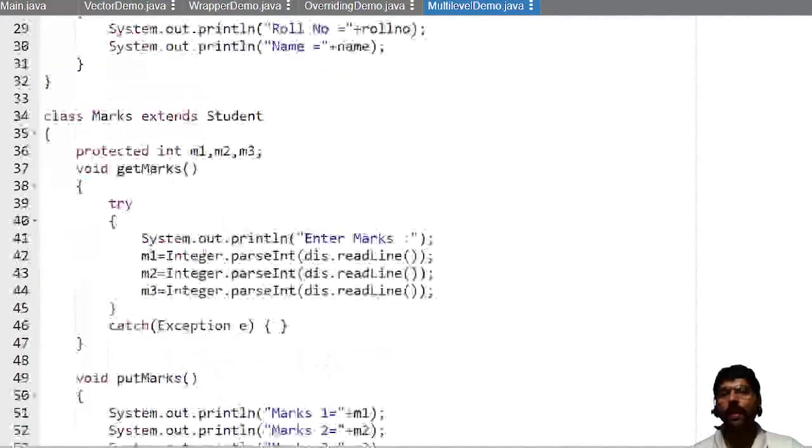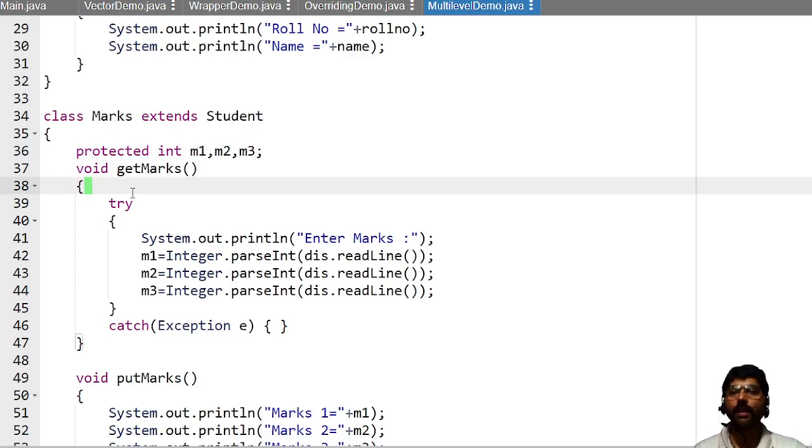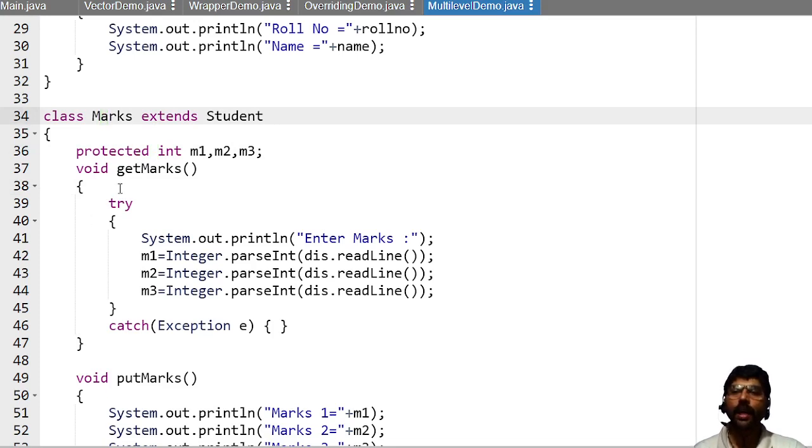Then I have created one more class here, marks. Within that marks, I have created three data members, M1, M2, M3. This is for marks. Here the access control is protected. Protected means any class that extends marks, whether within the package or outside the package, can access these three data members, M1, M2, M3.